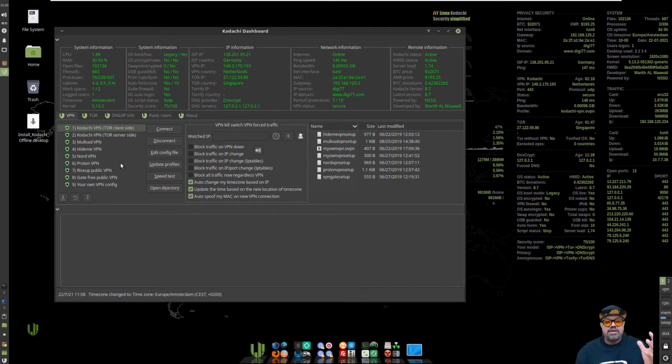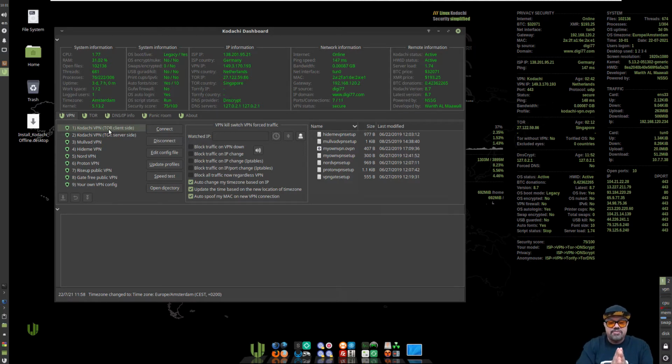Kodachi comes with two Kodachi VPN features. One is this one. It has almost, I think, 5 to 6 IPs you can connect through. And the other one is Kodachi VPN with Tor side. Okay, the first one, Kodachi connects to the node, which is the VPN provider over there. There are VPN nodes around the globe. So it will connect and you will have a pure VPN connection from your Kodachi to that node